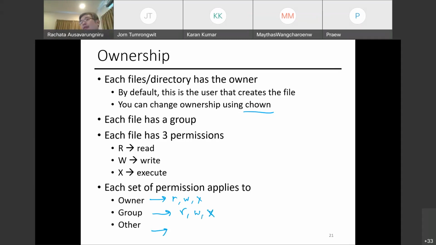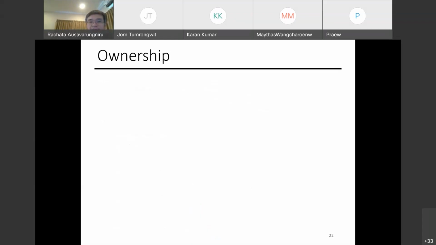And then there's everyone else in the computer, in the server, in this case, who has their own RWX, right? So this allows you to set the permission for yourself, for everyone in your group, and for everyone else in the computer.